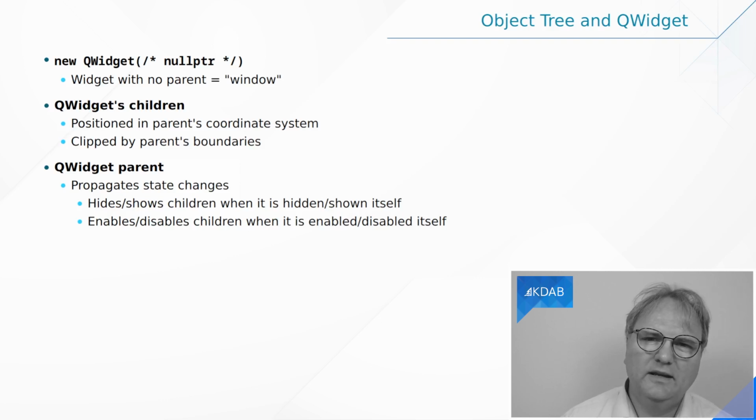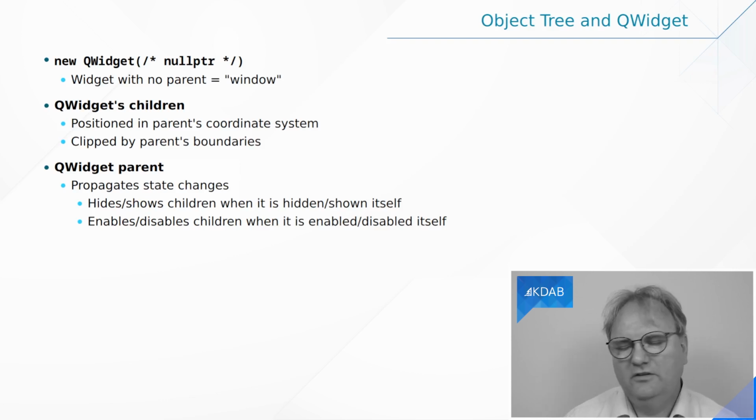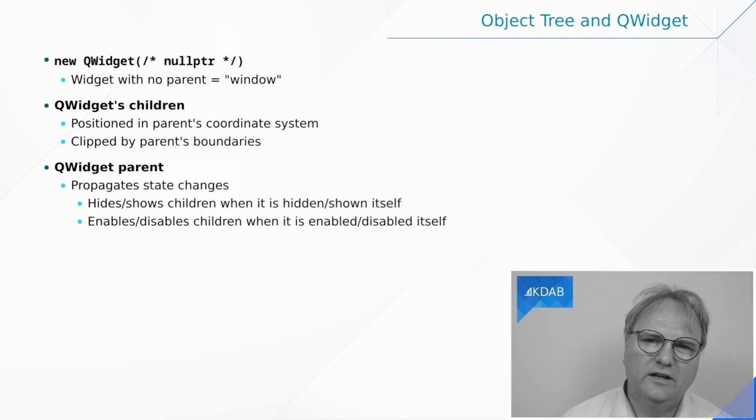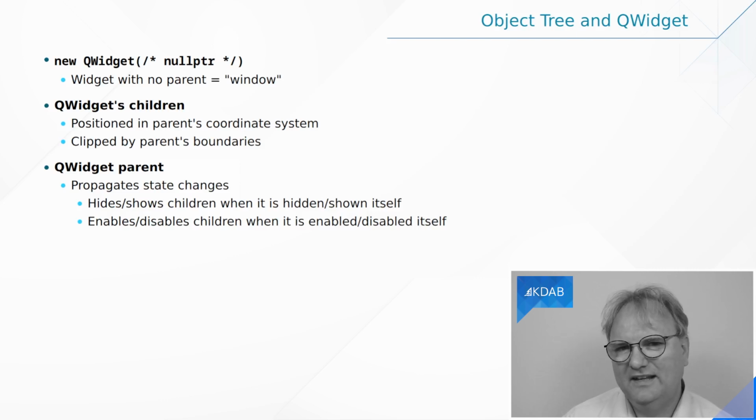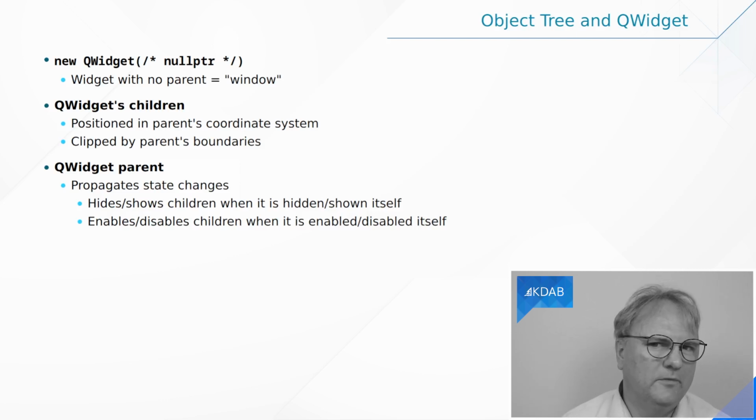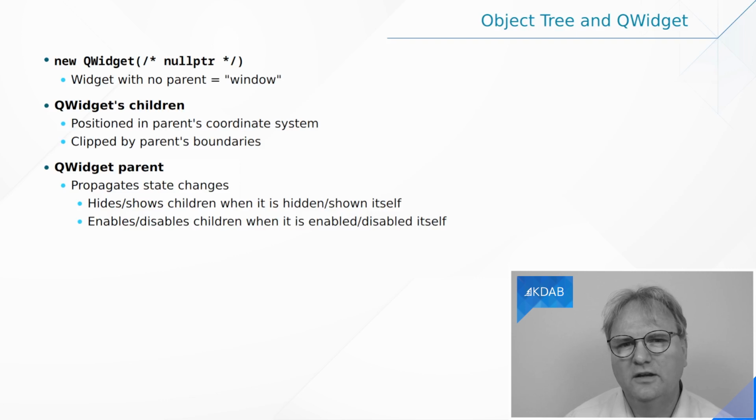The other thing is enabling and disabling of a parent and its child hierarchy. And that again would be really weird if you had, say, a group box and you disable the group box and its decoration would be disabled, but all the children would still be enabled. So if you called disable or set enabled false, which is the method that you call on a group box, then all the children will be set enabled false too. Then if you call set enabled true on it, then all the children will be set enabled true, except those that you have explicitly gone and called set enabled false on.